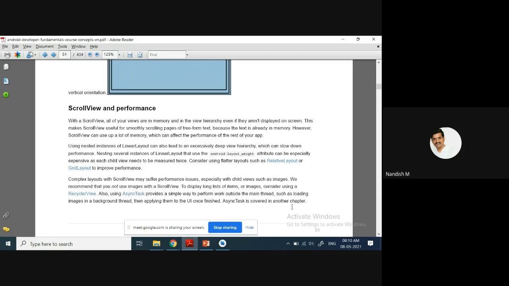If there are multiple layouts, it is always going to slow down the performance. That is why you have another option which is better than the linear layouts. It is the relative layout or the grid layout. That is going to improve the performance. That is better.